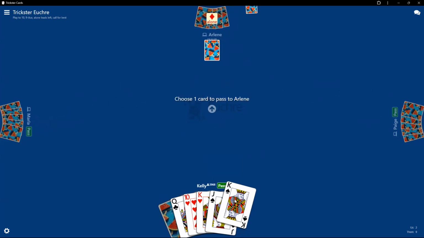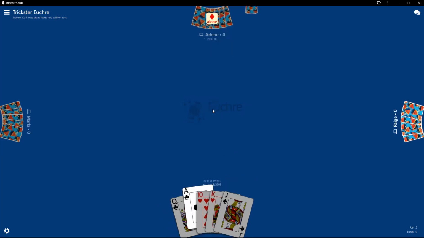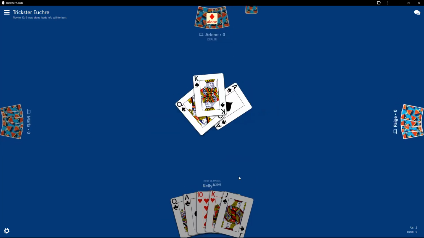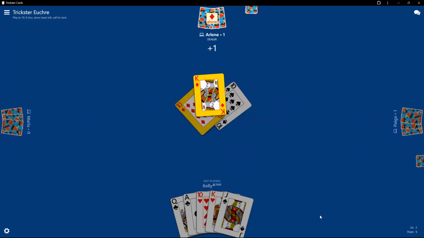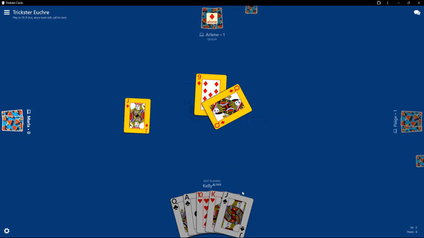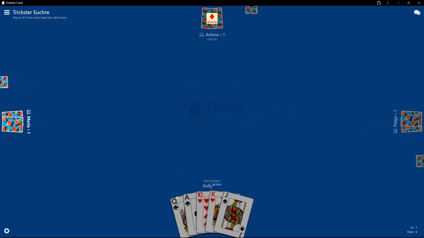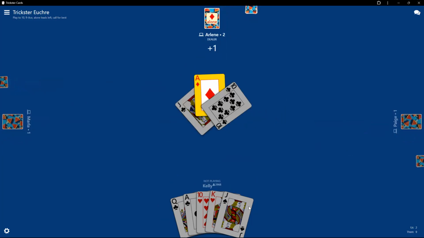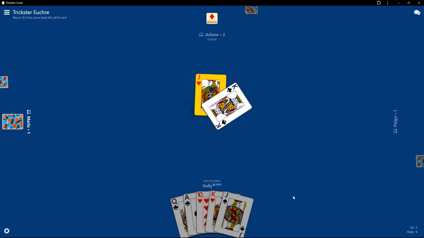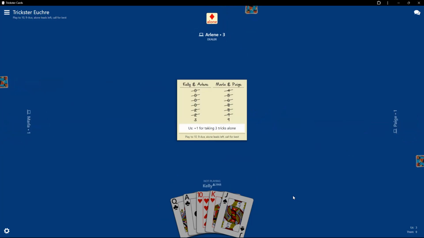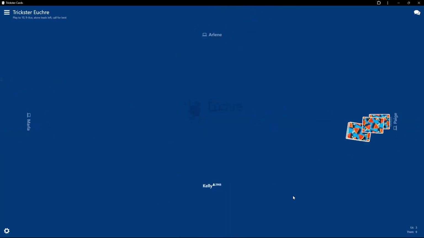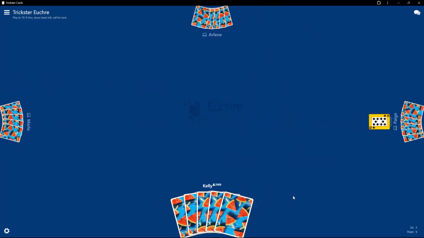I would rather not give my partner this king of spades. I wish I had something better, but I don't. They gave me an ace. So when your partner throws away an ace like that, that's usually a good sign. By the way, if you watch the last one, I'm going to repeat this, but sometimes I forget that they're going alone because my 5 cards are still sitting there, and that's not the way it would be if you're playing a real game. Your cards aren't sitting there for everybody else to see. 9-3.